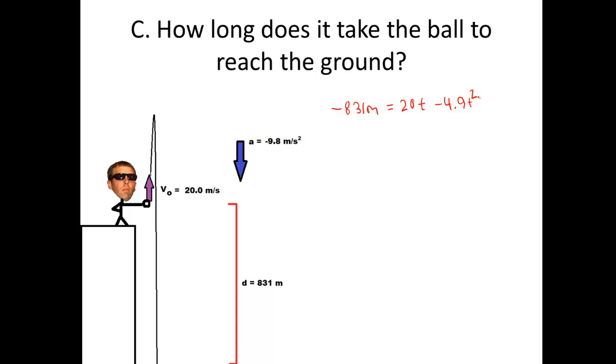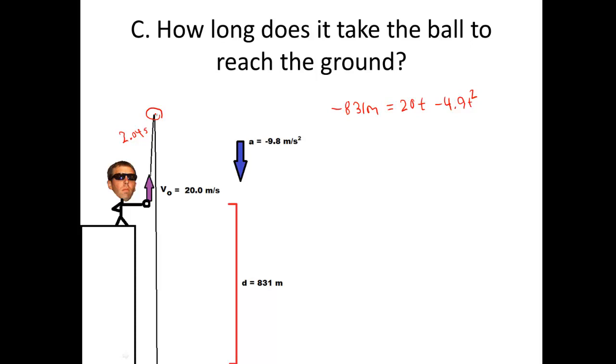However, we could use a second method if you aren't a big fan of the quadratic equation. If you don't mind the quadratic equation, simply go ahead and solve that. But because I've already solved for the time it takes for the ball to reach its maximum height, as I'm going to show you over here, we know that time it took was 2.04 seconds. So since I know the time it takes for the ball to get to its maximum height is 2.04 seconds,